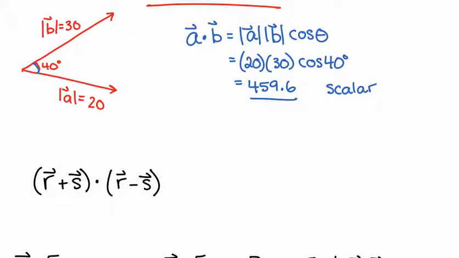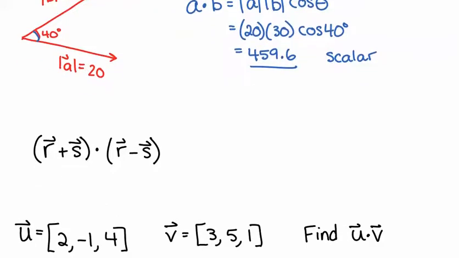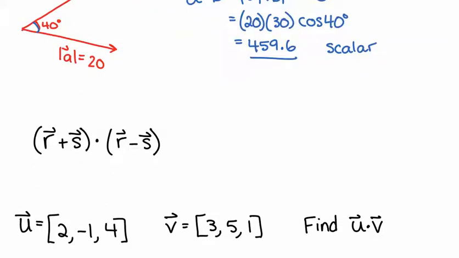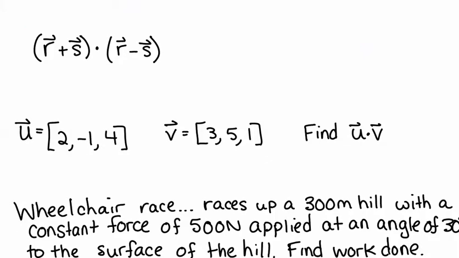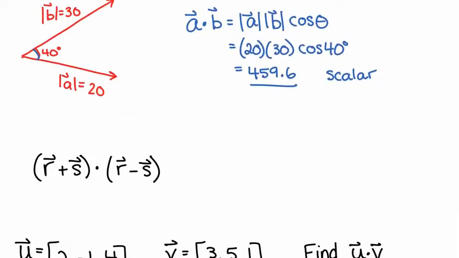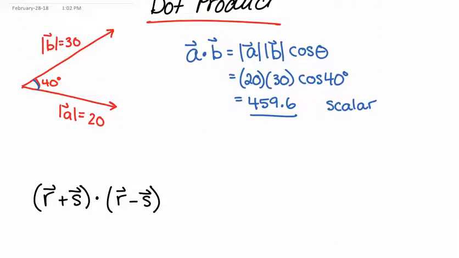Okay. Let's try a question like this next one: vector r plus vector s dot vector r minus vector s. So this is kind of like using our properties of vectors to simplify something. Okay, so I'm just going to move that up here. So using my distributive property, I know I can do this kind of thing